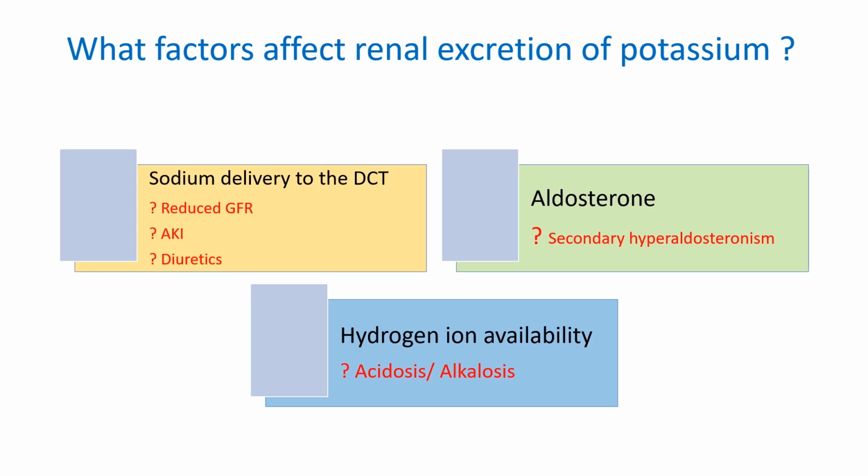Aldosterone is originally involved in stimulating the reabsorption of sodium in the distal tubule, and this it usually does in exchange for either potassium or hydrogen ion. So the higher the level of aldosterone in circulation, the higher the level of sodium that will be reabsorbed, and the higher the level of potassium that will be secreted in exchange for the sodium reabsorption. So in patients who have primary aldosteronism, there will be an associated increase in the reabsorption of sodium and an associated increase in the secretion of potassium, leading to a situation of hypokalemia.